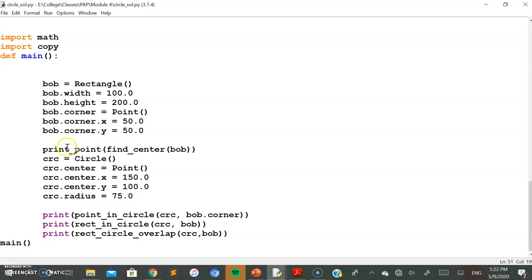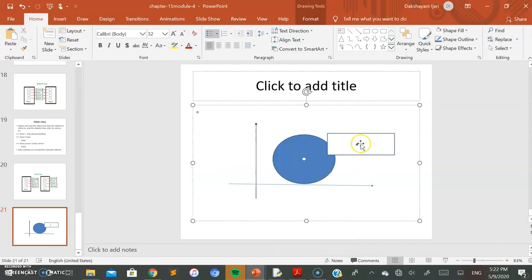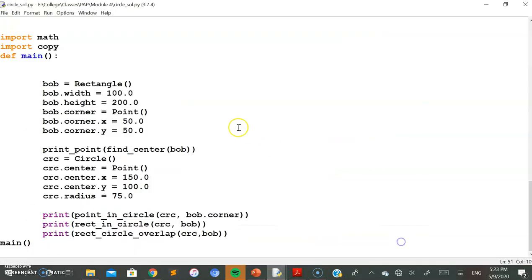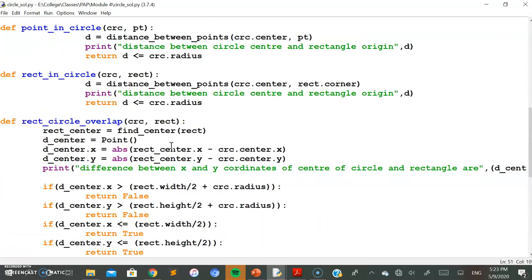Before we proceed, the first thing we need to do is find out the center of the rectangle. Center of the rectangle, in the sense you need to identify the value of this point here. So this defines the center of the rectangle. How that is done, we'll see here. For that we have called a function here, find center, by passing the rectangle, the object of the rectangle class, as a parameter, and we'll see what is done here.